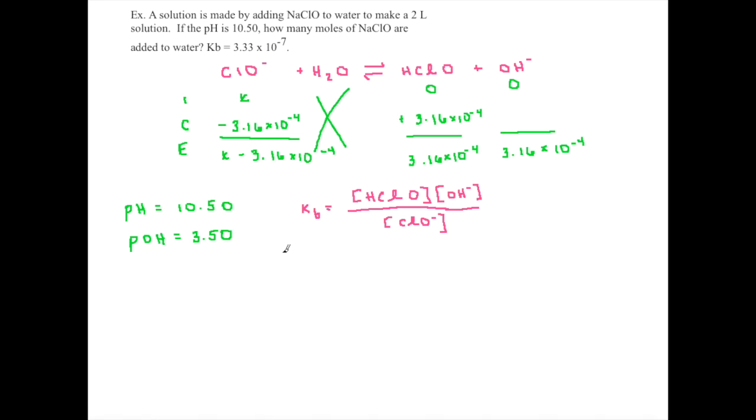So now I'm going to plug in the values I know. Well, I know my Kb, it's 3.33 times 10 to the negative 7th. I know the value of both of these concentrations, so I'm just going to square that value to make my life easier. So 3.16 times 10 to the negative 4th squared